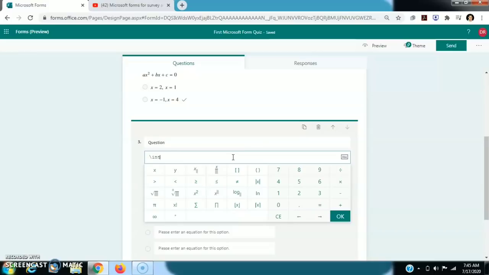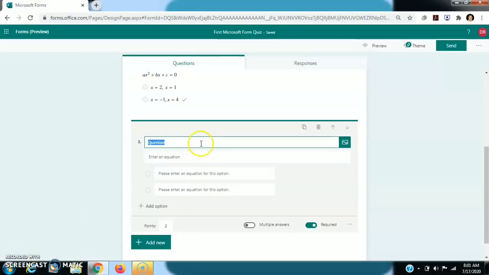So if you want to integrate, I write here, solve the following integral.